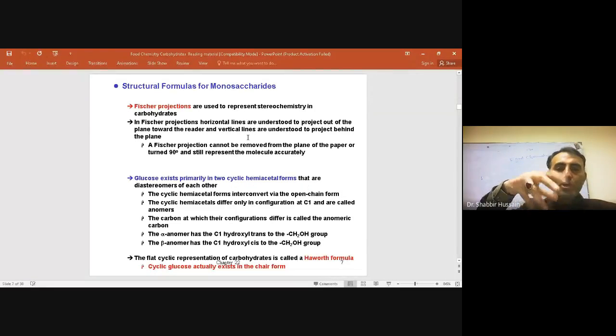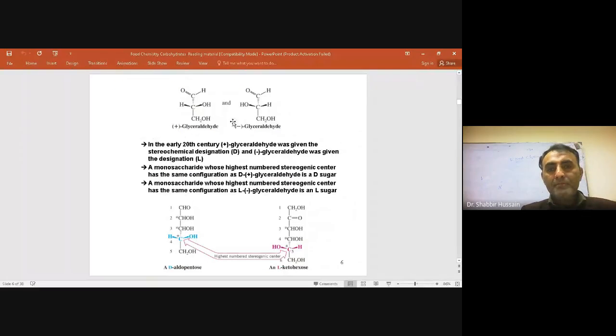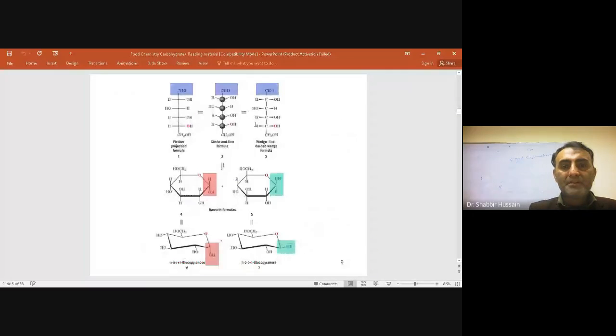When you use models, you will understand the 3-dimensional structure of molecules. So a Fisher projection cannot be removed from the plane of the paper or turned 90 degrees and still represent the molecule accurately. So पेपर में हम 3-dimensional structure हम शो नहीं कर सकते हैं, लेकिन जो horizontal lines हैं